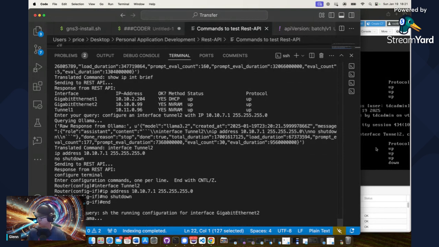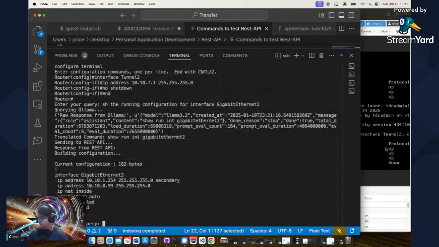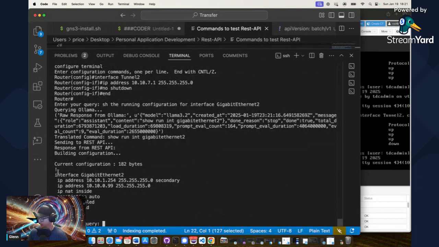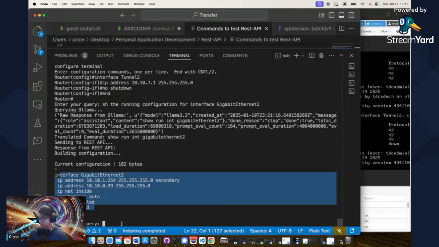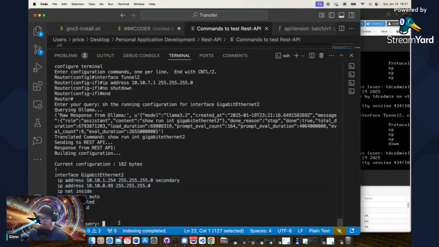Let's see if it'll clean that up and run. Should just be a show command. Let's see if it will clean that up. Oh, there we go. Yep. Bam. Show run interface gig Ethernet 2. Cool. Yeah. Can I change the IP on interface tunnel 2 to